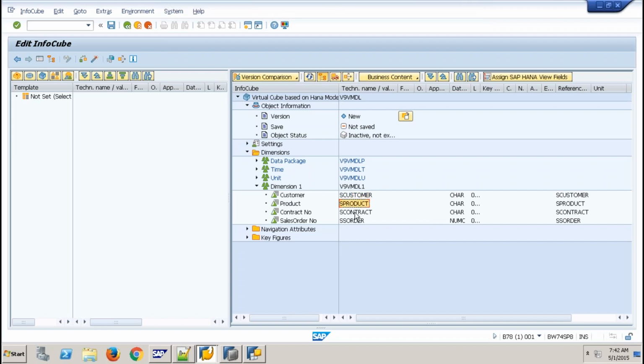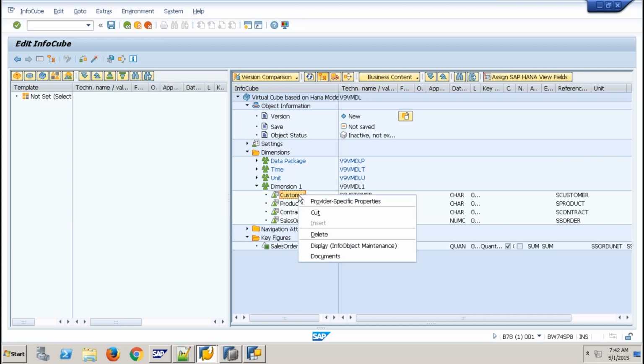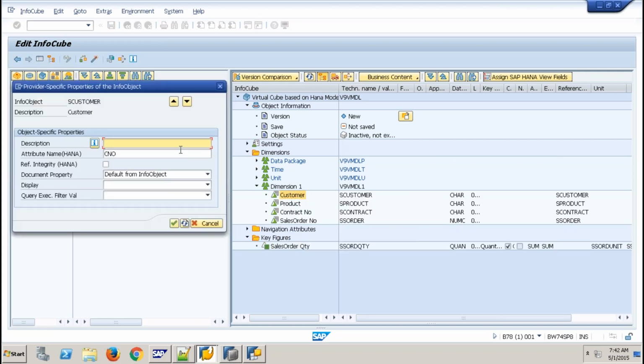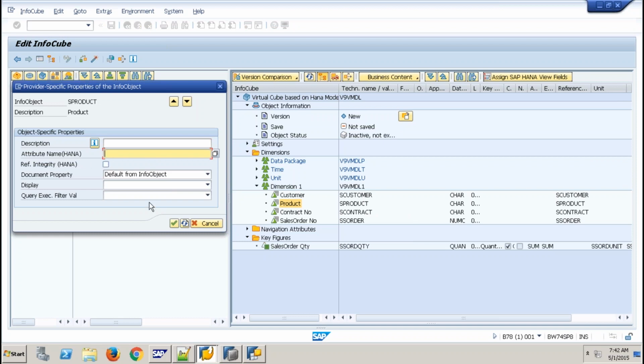Okay. I already have these InfoObjects created. Now what I need to do is, after I specify the model, I need to specify the InfoObject mapping for each of these. Now I've got customer number. It is already copied because I created a copy.